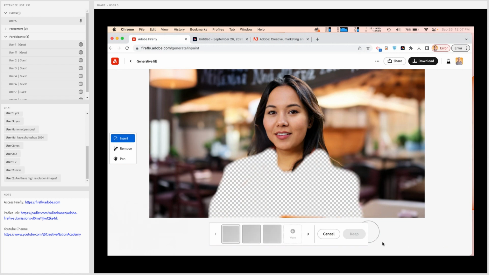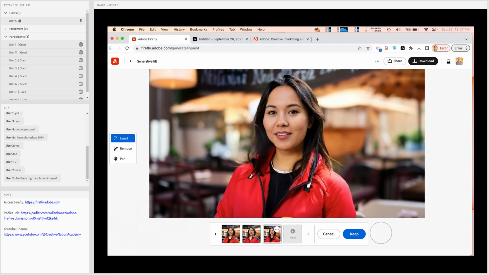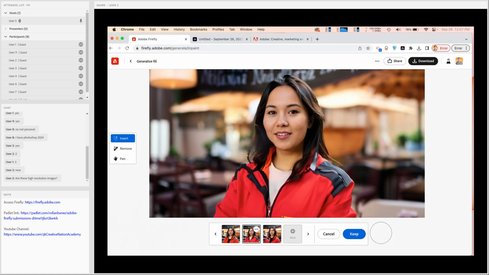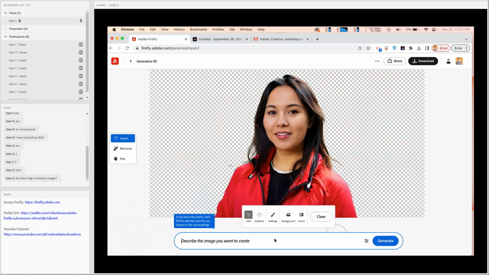And you can easily extract the background if you want to change the background. As you would see, we have lots of variations that we can choose from. Okay, I think this one is cool. This one is good. Let's click on keep, and if I want, I could easily go to background here, and I could change this, for example, into a school grounds library, for example.